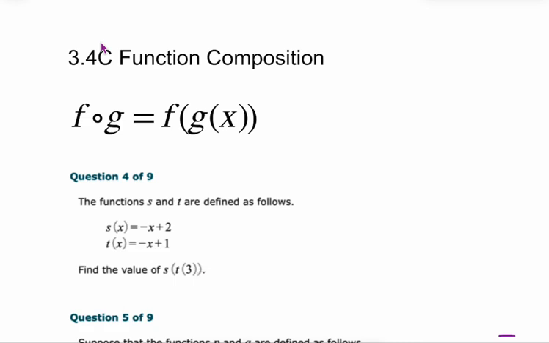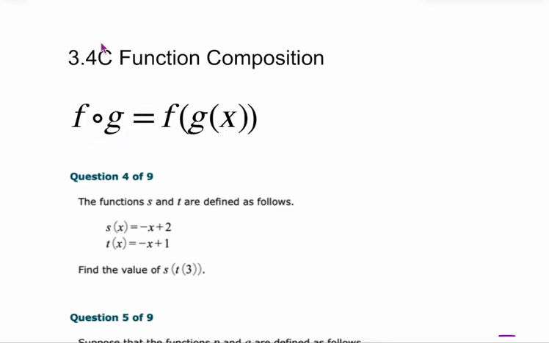So 3.4c is about function composition. Yesterday we had talked about function operations: adding, subtracting, multiplying, dividing functions. The main thing that you want to take away from this is the fact that this notation here, if you see that open circle